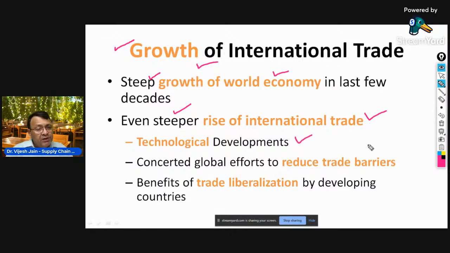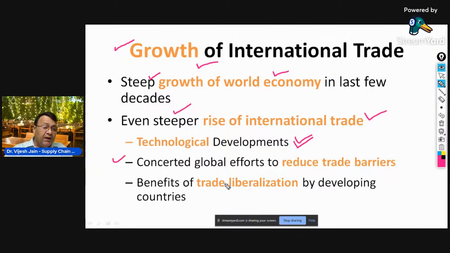The kind of technological developments that we have seen in recent times are commendable but debatable. So technological developments that are happening have really benefited international trade,